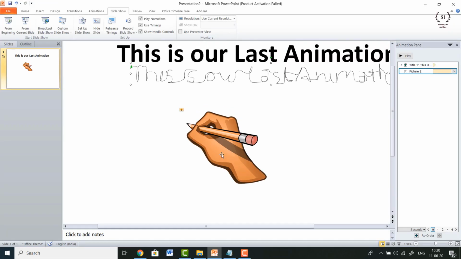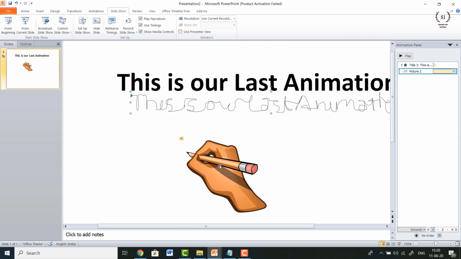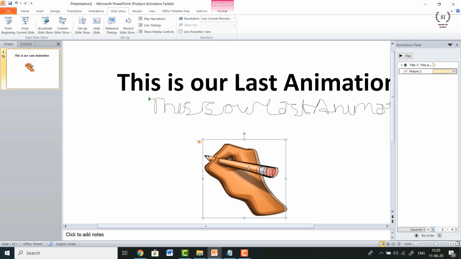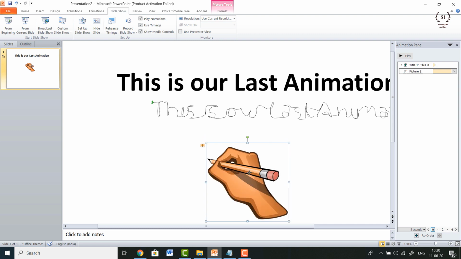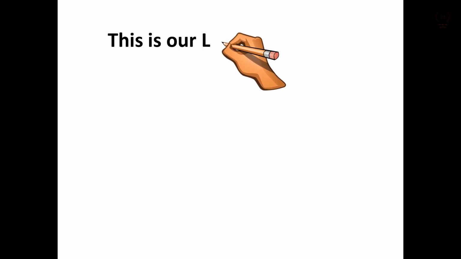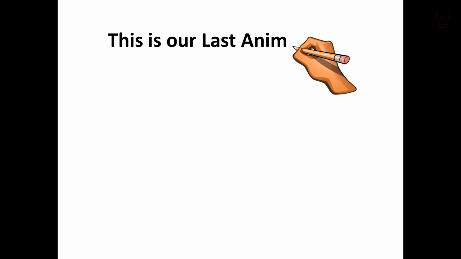You might have seen that the hand drawing is going ahead of the text. So you can click it and move it to the right, somewhere like this, so that the hand will follow the text. And now let me play it. You need to keep on trying. It's basically a trial and error method. You have to manually keep on trying all the options and then check whichever is the best option. Okay, so let me play it from the beginning. We can see that it's better than the previous one, but still some refinement can be added to it.